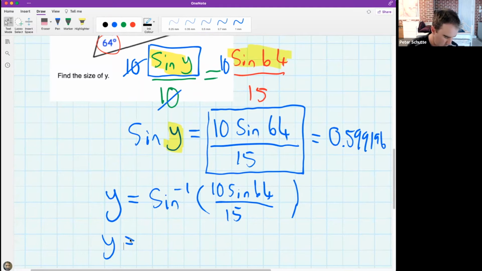So now we're getting the angle. So shift sine, and then let's have a look and see what you get for your answer there. It's 10.4